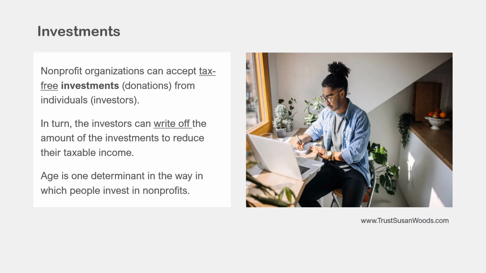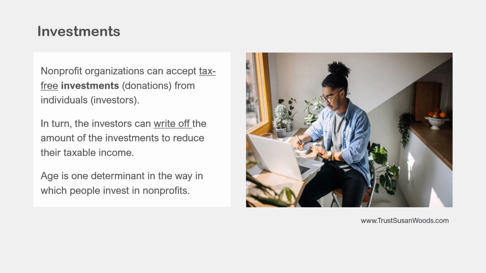So they're taking their $50,000 salary down to $40,000, which reduces their taxable income. That's why saying you can invest and write off your investment is such an enticing offer to people who want to lower their tax liabilities. So use that to your advantage. But when we talk about investments, you can't ask for investments the same way for everybody.